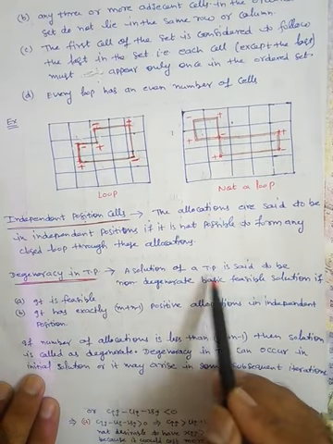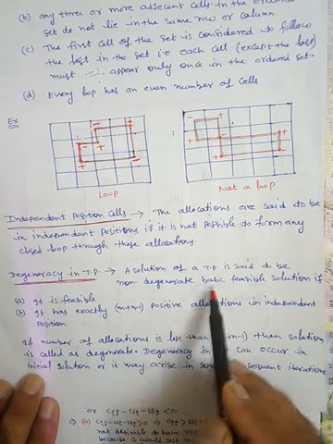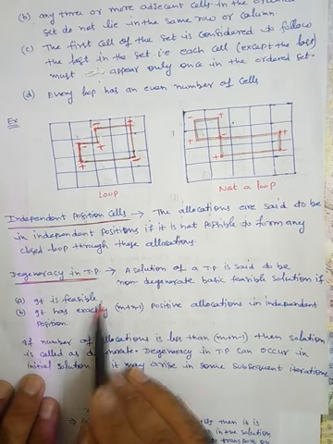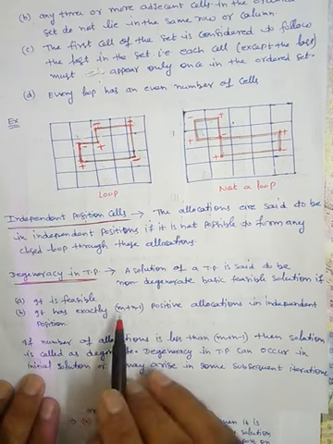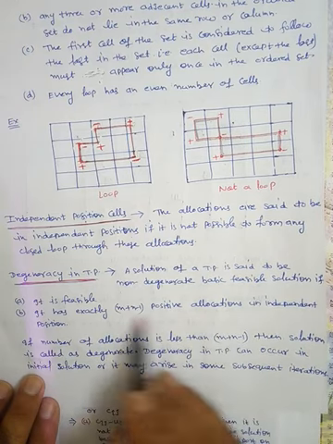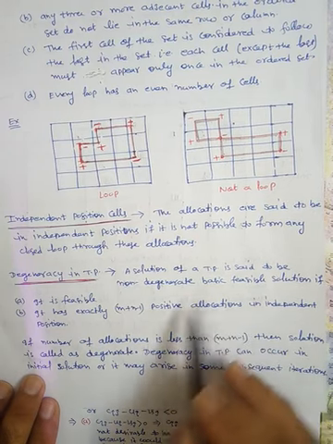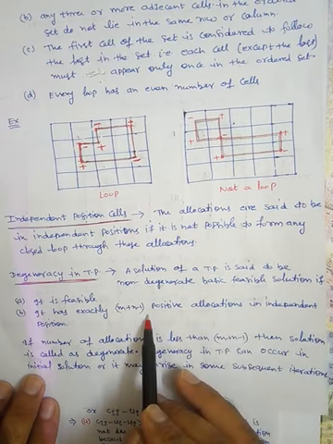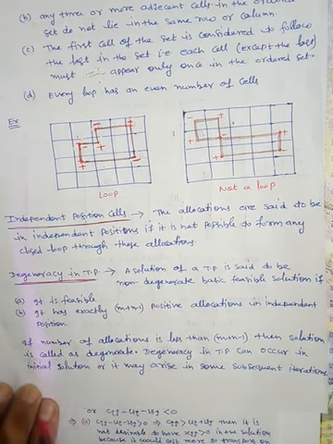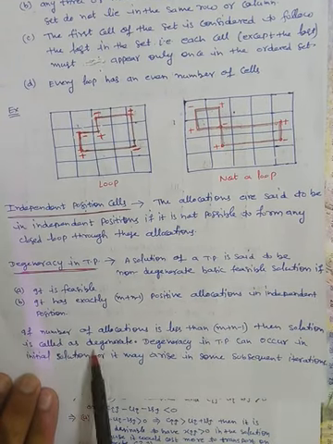A solution of a transportation problem is said to be non-degenerate basic feasible solution if it is feasible हो. Second thing is it has exactly m plus n minus 1 positive allocations. Fine. Number of allocations जो है वो m plus n minus 1 हो, then we can say that our solution is non-degenerate. Otherwise, if number of allocations is less than m plus n minus 1, then solution is called a degenerate solution.